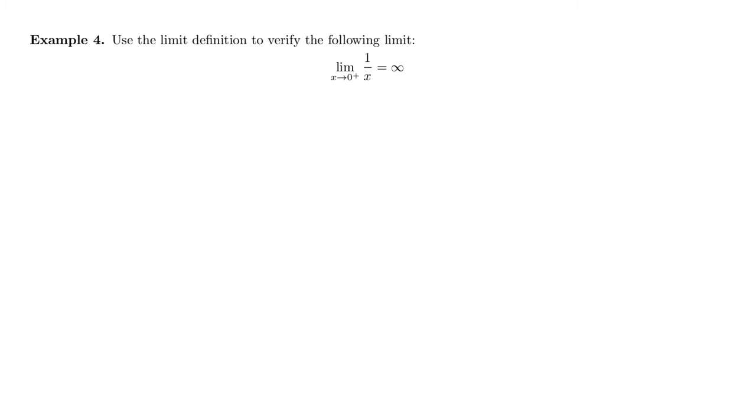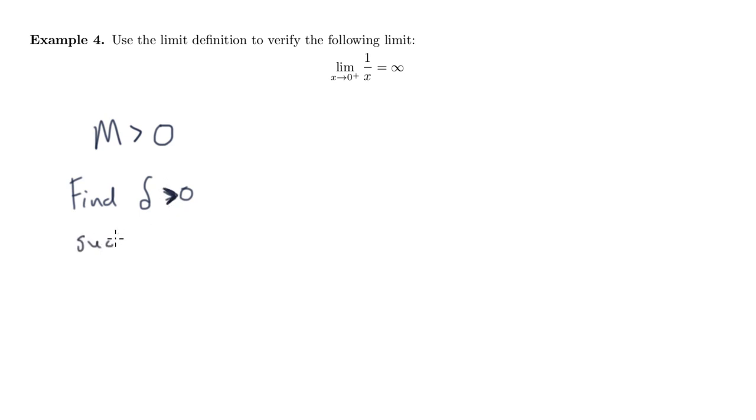So here we have another infinite limit. The limit is x goes to 0 from the right of 1 over x. And we want to show that that equals positive infinity. So remember, now the game's a little bit different. Now I'm given some arbitrary large positive number m. And my goal is to find delta, which is positive,